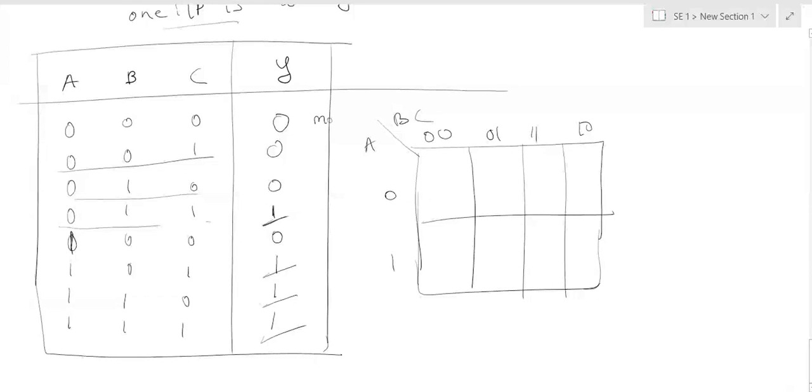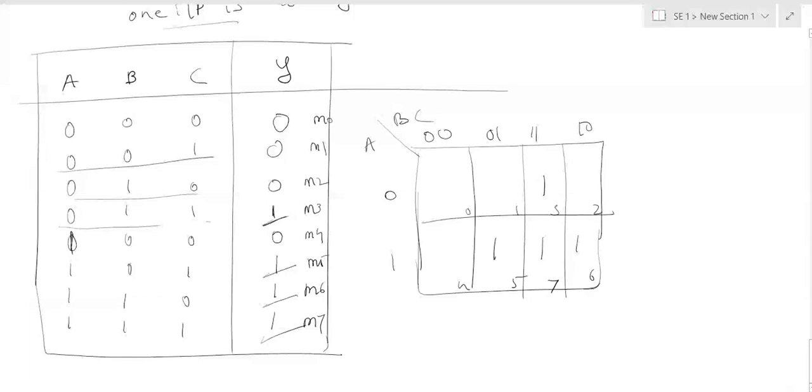This means M0, M1, M2, M3, M4, M5, M6 and M7. Now directly plot: M3 will be 1, M5 is 1, M6 is 1, M7 is 1.